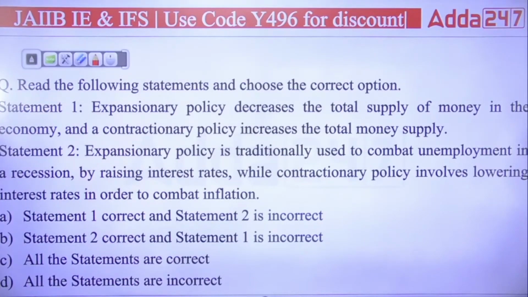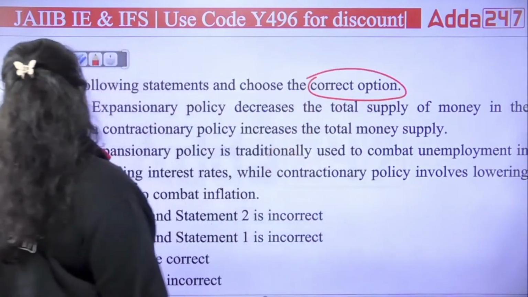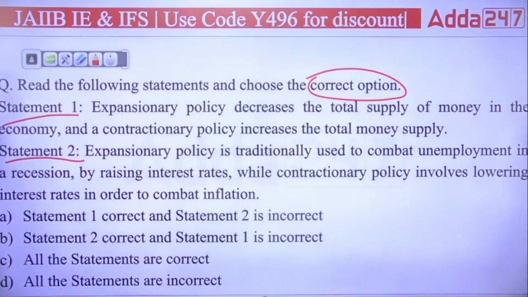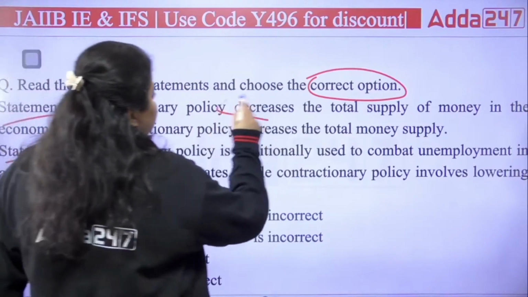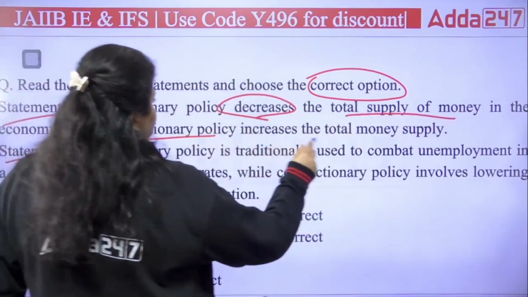Now next, read the following statement and choose the correct option. We have two statements, statement 1 and statement 2. Out of these two statements, we have to answer which option will be correctly matched. So monetary policy has two types, expansionary and contractionary monetary policy. First is saying expansionary policy decreases the total money supply in the economy and contractionary policy increases the total money